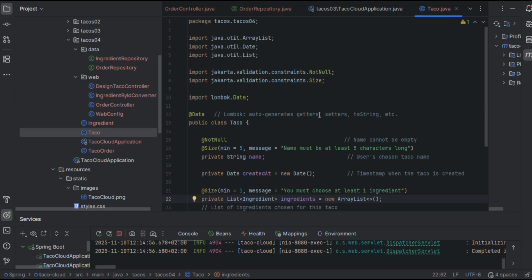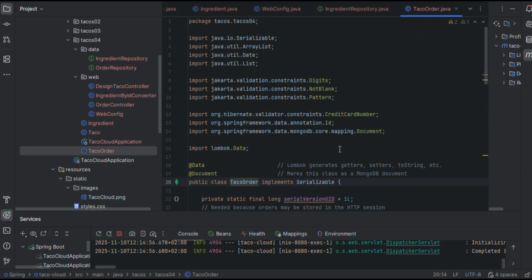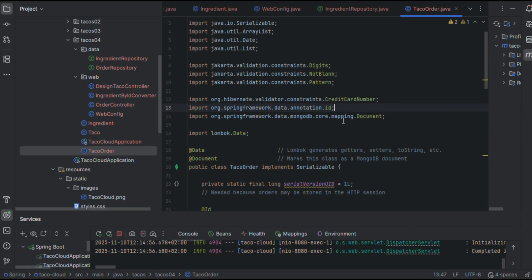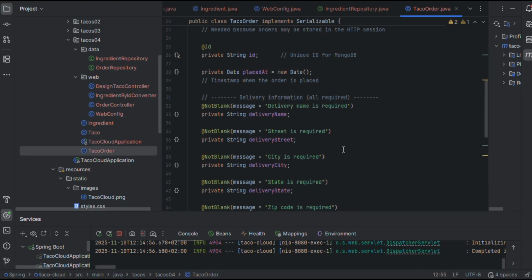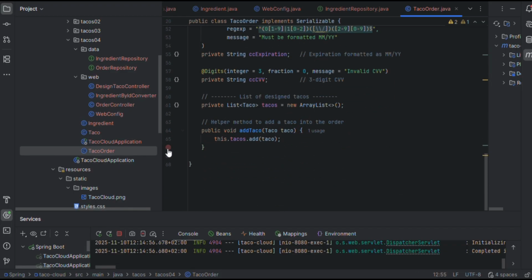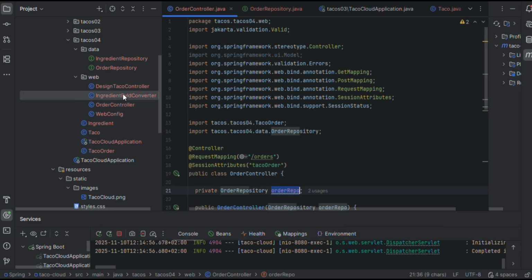Here we have this tuple model, which initially holds the structure of our data. Tuple order holds the structure of our data as well. Here you can see ID. It comes in the form of an ID, so MongoDB takes that data as the ID. And yeah, so then we have ingredients, which holds the structure of our data for ingredients, and you can see we have ID there because it takes the data in the form of an ID. Then the controllers over here,